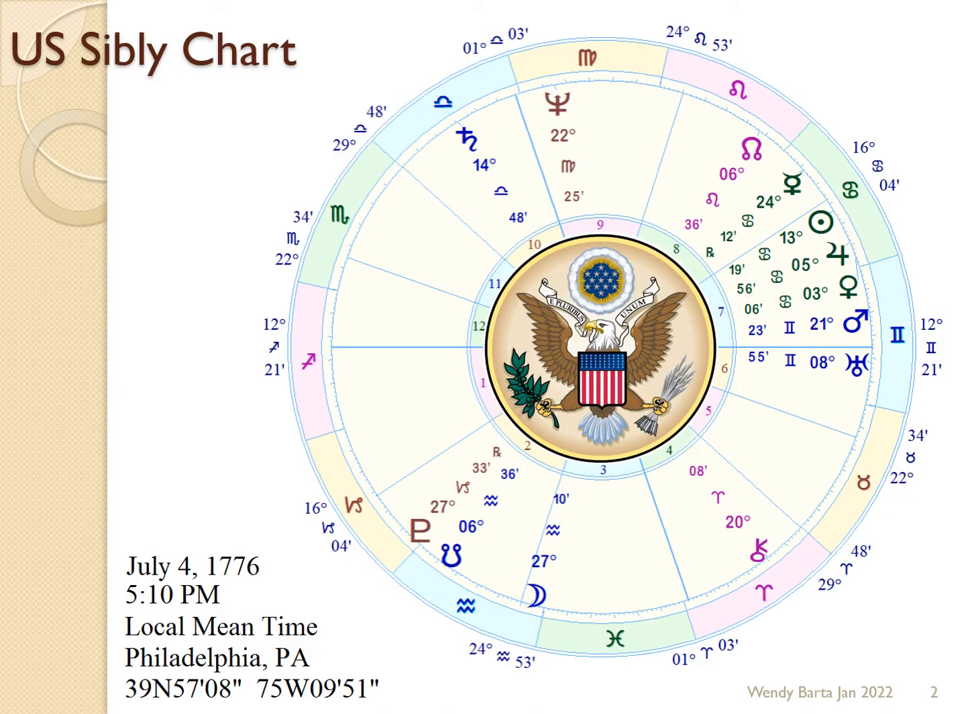The Sibly Chart is the most commonly used horoscope for the United States. The birth of our nation was defined by the signing of the Declaration of Independence. The first astrologer to publish the U.S. natal chart was Ebenezer Sibly, an 18th century British astrologer. The signing of the Declaration of Independence was at 5:10 p.m. local mean time in the city of Philadelphia on July 4,